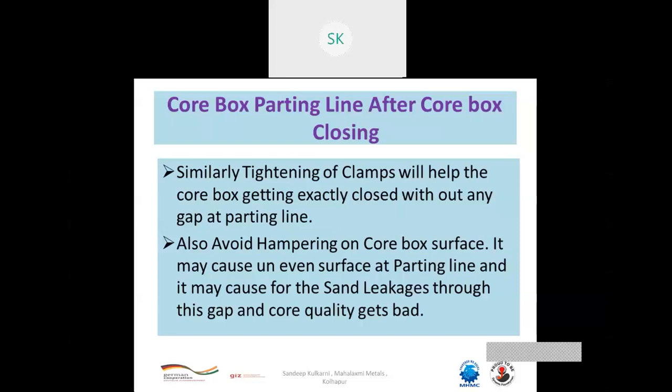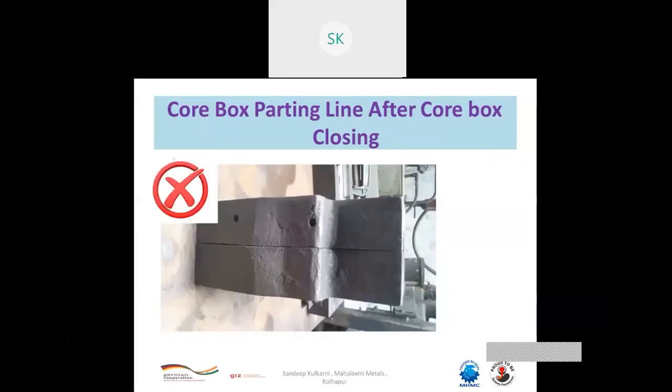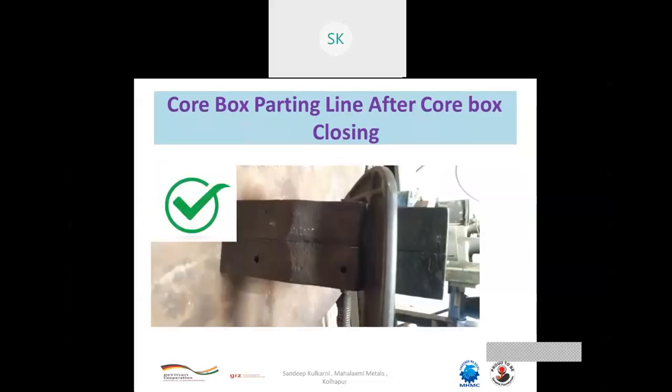Also avoid damaging the core box surface. It may cause an uneven surface at the parting line, and that may cause sand leakage through the gap, and core quality gets bad. So this is what we are talking about, the closing of core boxes. You can see here a gap at the right hand side and also on the left hand side. When the clamp is done properly, the gap has been totally removed. So you have to verify these small points in your core box inspection before you start the production,